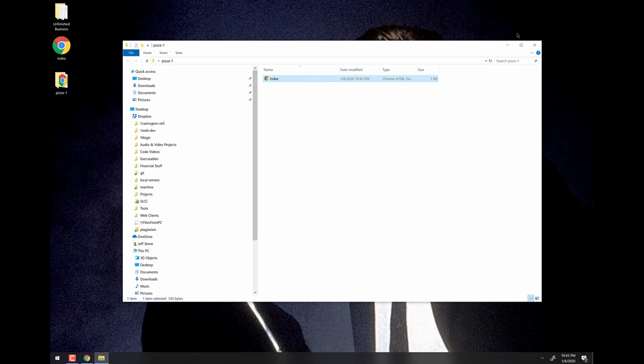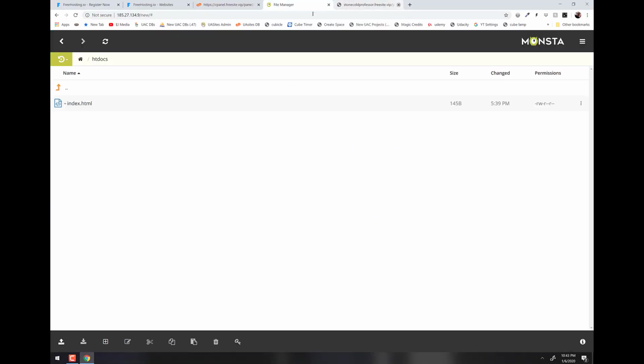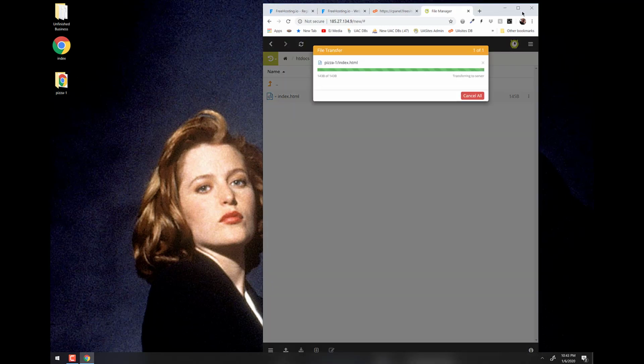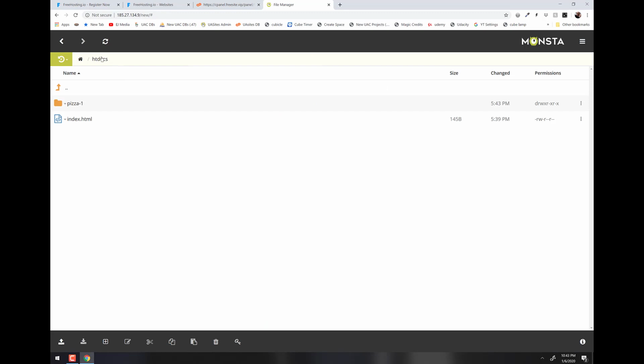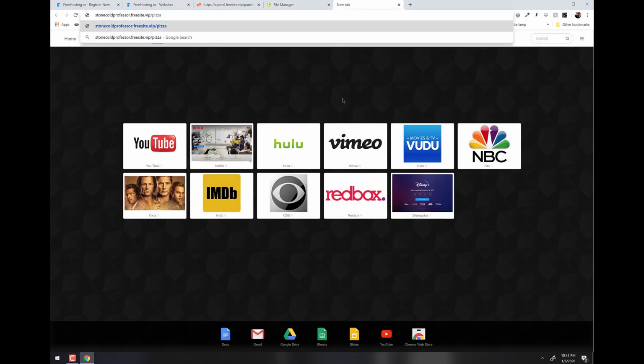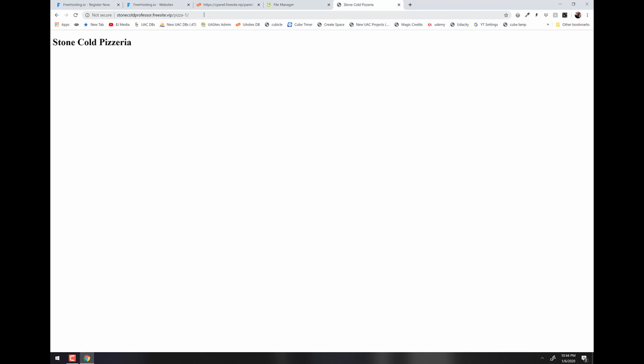Now, if I come back to my website live, and I upload this pizza folder right into my root, the htdocs folder, you can see that's the folder I'm in. That's the root. Now I have this pizza-1. Well, as I tried a minute ago, if I do /pizza-1, it looks for that index file in pizza-1, and behold, there's my Stone Cold Pizzeria.